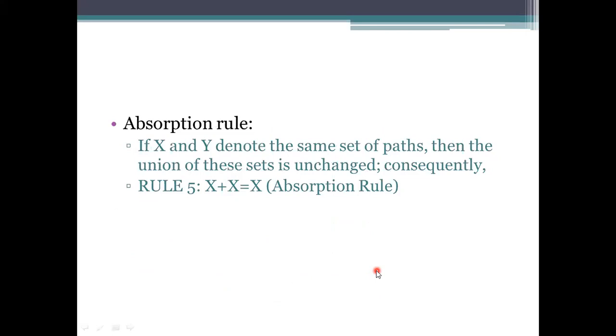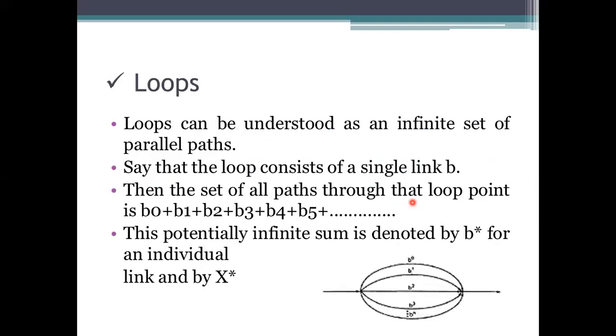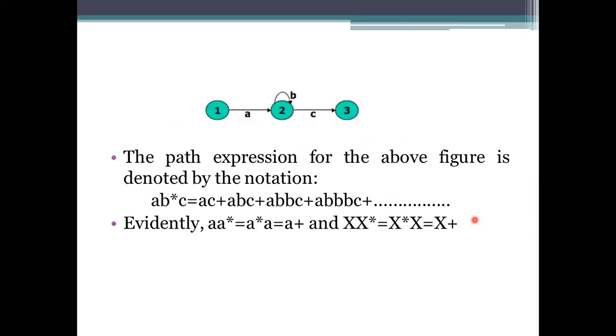The absorption law here is whenever we are having A plus A, B plus B, X plus X, Y plus Y, like that representation, we need to simplify and specify only the X value, and this is considered the absorption law. Likewise, we have to specify loops also, as I said, how many times it is being accessed. We can specify them as B star. B star notation means it is executed 0 times, or 1 time, or n times. If you see this one, A, B star, C.